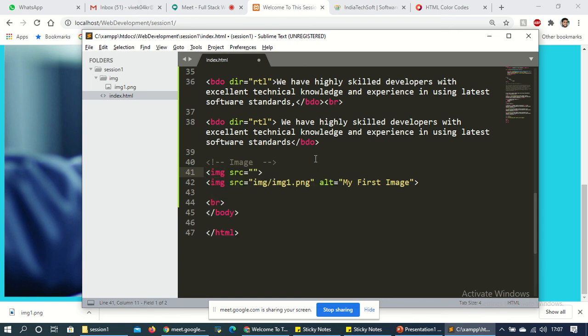We have used img src, and here is the url of the file. See, I just put in the URL, meaning the whole path. Now I am fetching this image directly from my server. That's why I've given img and img1.png. But if you use the same file on your desktop, then you can't say, sir, I'll apply it like this.